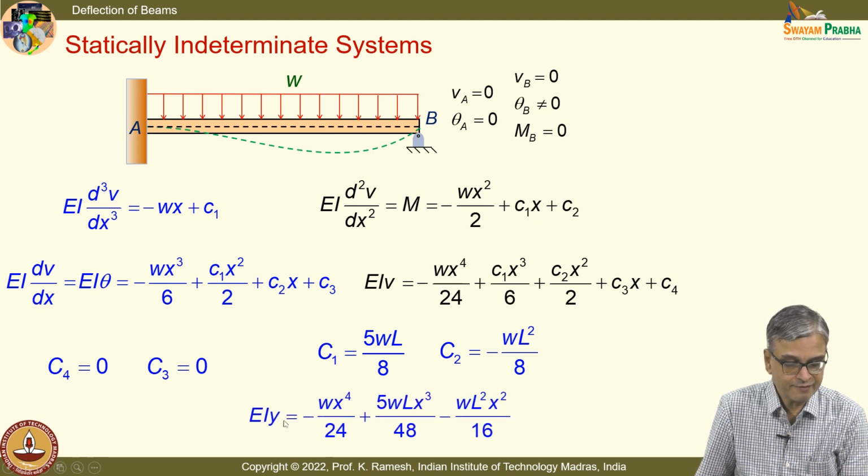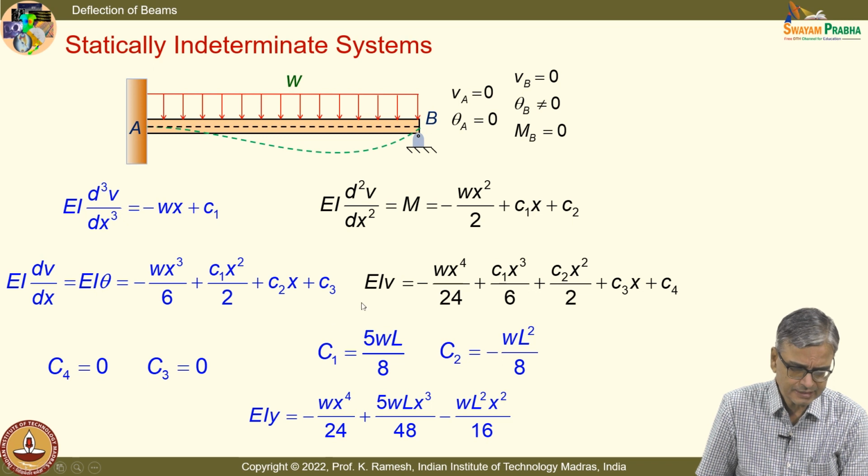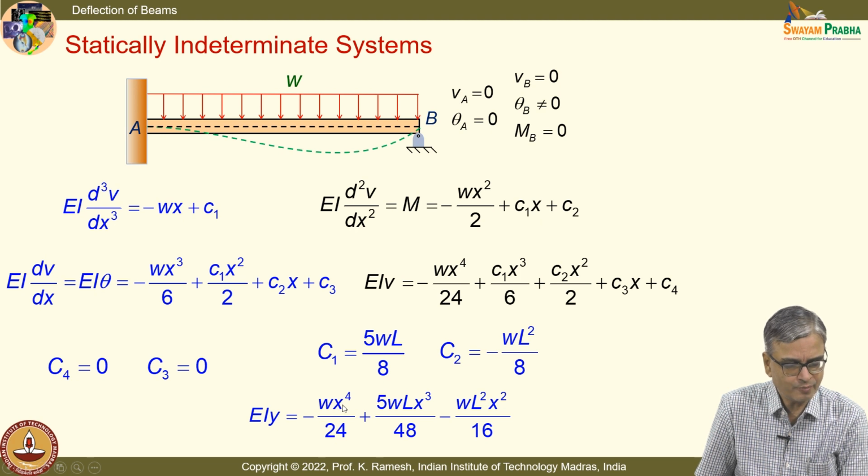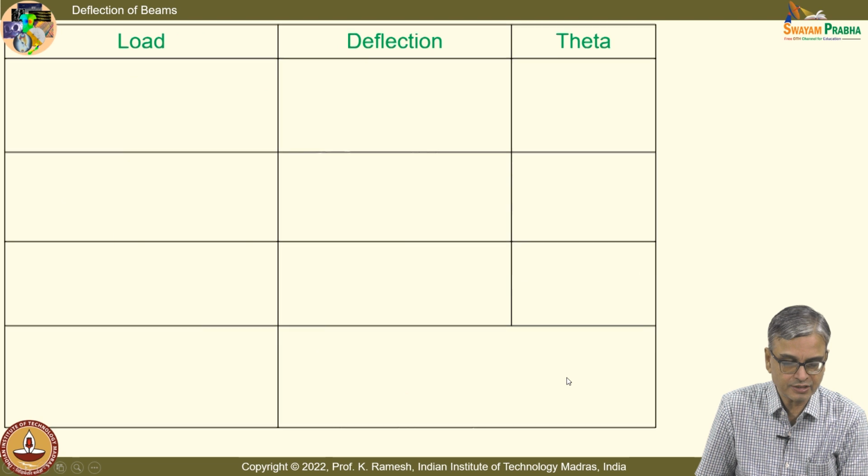And I have this. See, this change of symbolism is used repeatedly because some books use this deflection as simply y. Okay, so I have written this as EIy equal to minus Wx power 4 divided by 24 plus 5WLx cube divided by 48 minus WL squared x squared divided by 16. And you can also find out,